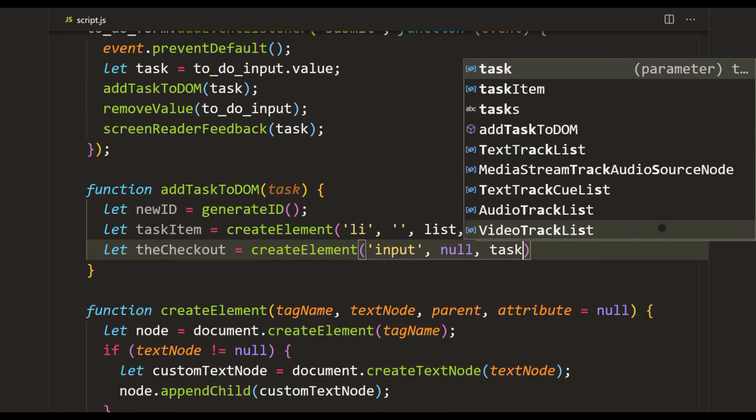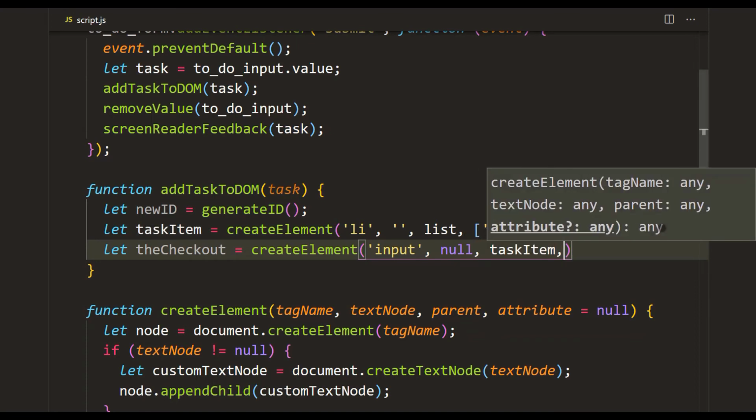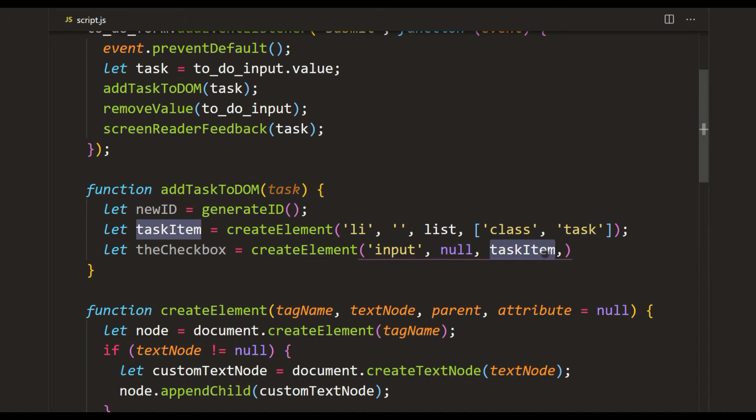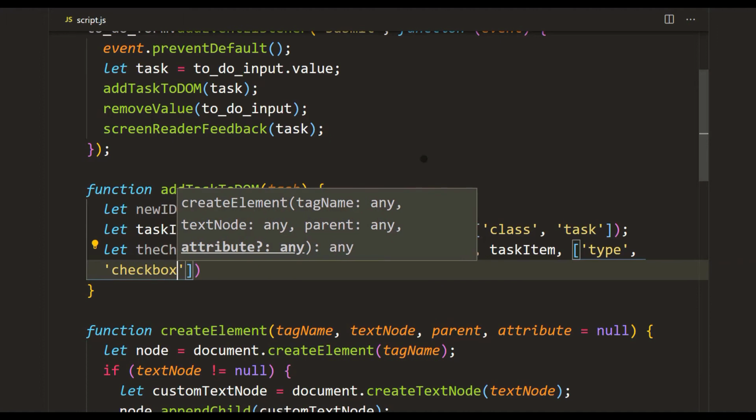And then we're going to say taskItem. We want the checkbox to be a child of our label. This is why we're having it as a child of the task item, not as a child of the list. And then we want the checkbox to actually be a checkbox, so we're going to say type checkbox.